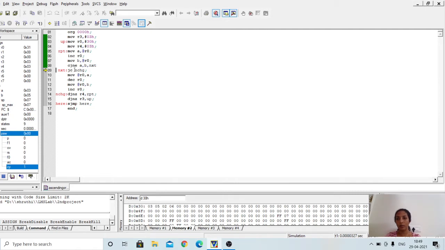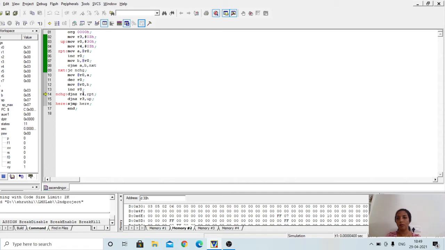Only if carry is generated, it should not do any exchange. Nothing has to be done. It has to do the comparison between the next two consecutive elements. So since carry is generated, condition becomes true. It jumps to the location pointed to by this label, that is this instruction.